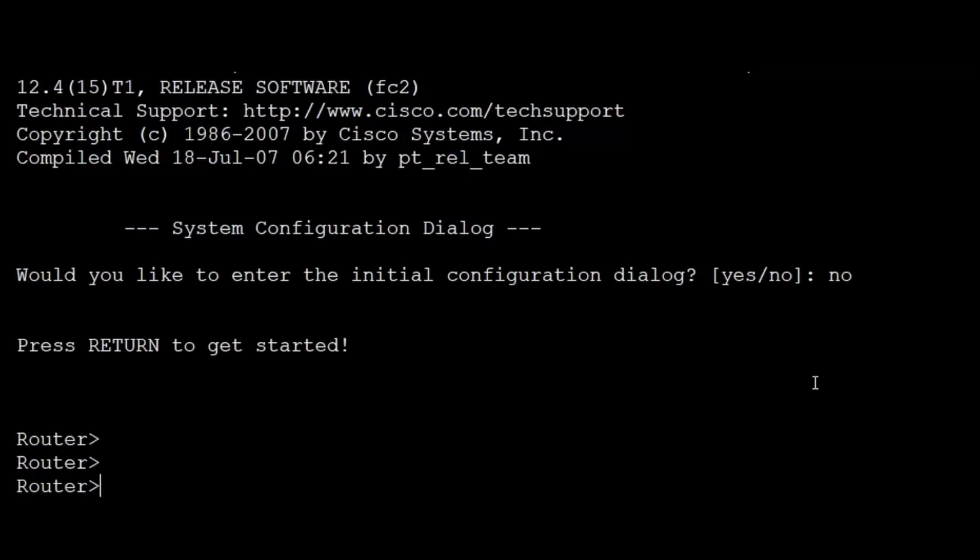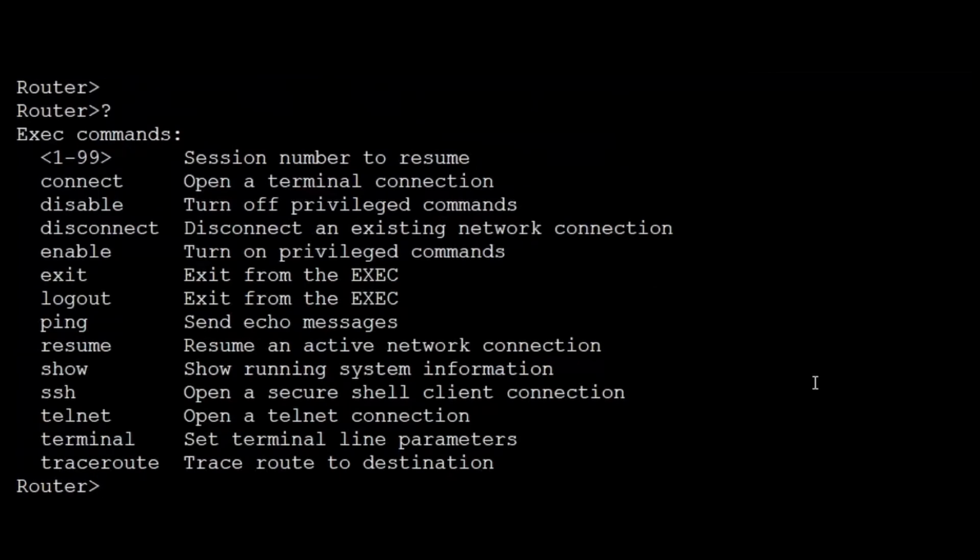There's not a lot of things we can do from the user mode prompt. We'll press the question mark just so you can see what you can type. You can see maybe a dozen or so commands. There's not a lot of flexibility here, not a lot of power. We must get from user mode to the next mode in order to make the magic really happen. Although, there are some things we can do here, such as basic troubleshooting with traceroute and ping. We type enable to get to the next mode. You can also type disable to go back a mode. We can run a couple show commands. There's nothing special there. We can even do some remote connectivity with Telnet and SSH, but again, not a super